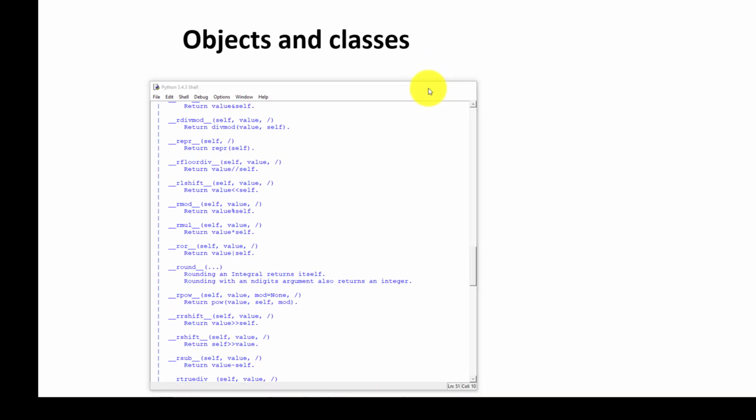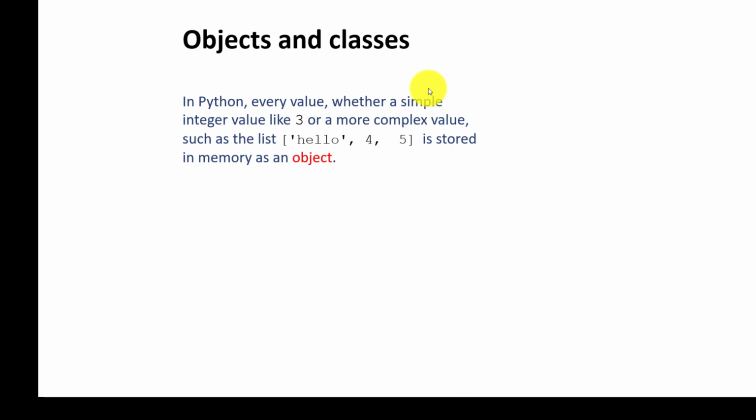For instance, if we take Java or C++, in C++ I have to say integer x, and then I have to say x equal to 5. And if I say that x is equal to 5.1 in C++, this will throw an error. However, in Python, this can be done so easily